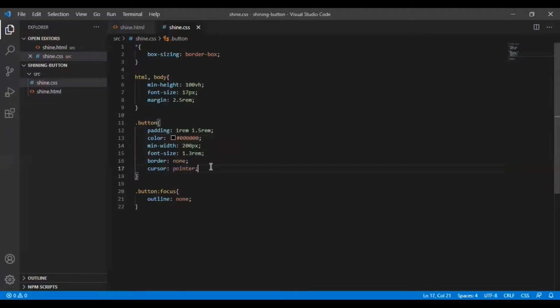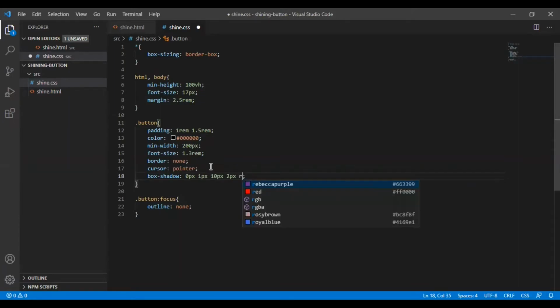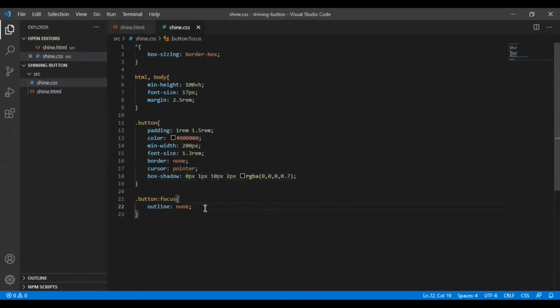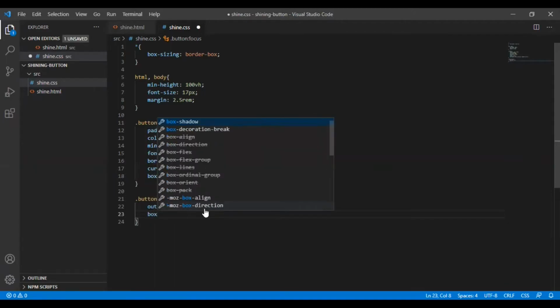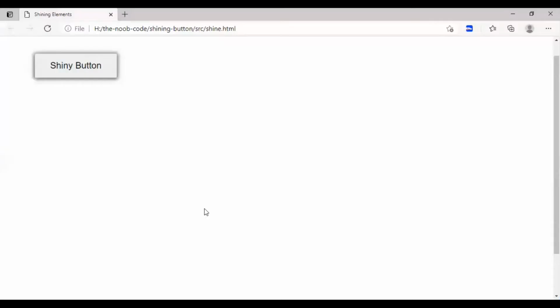It's gone. But now we need some custom style to know when this button is clicked. For that, we are using box shadow. The first and the second parameters are the X and Y offset of the shadow. Then comes the blur value, then the spread value, and finally the color of the shadow. Now, when we focus on this button, we want the shadow to go away so that we can realize the click effect, that the shadow is there and then the shadow is gone. So let's check that out. Okay, it is as expected.